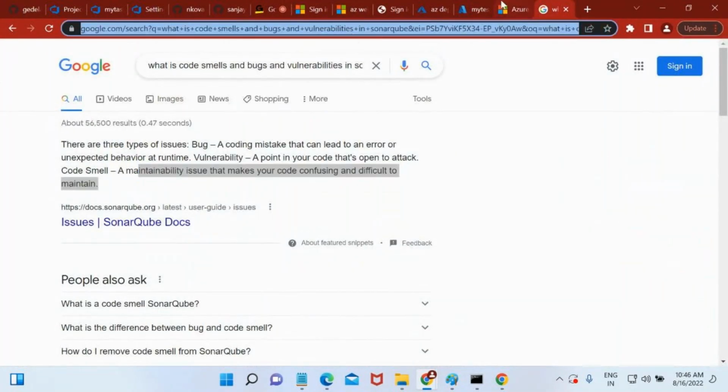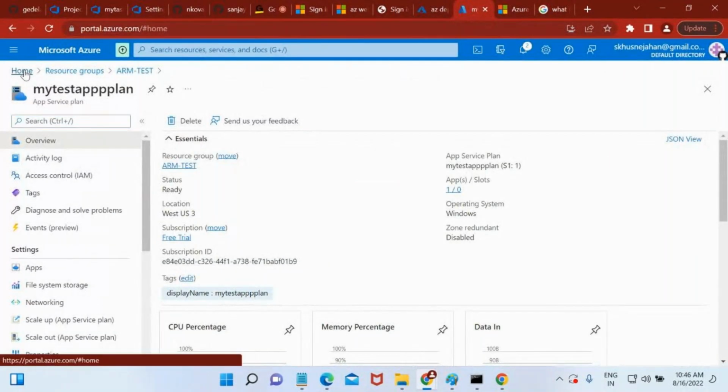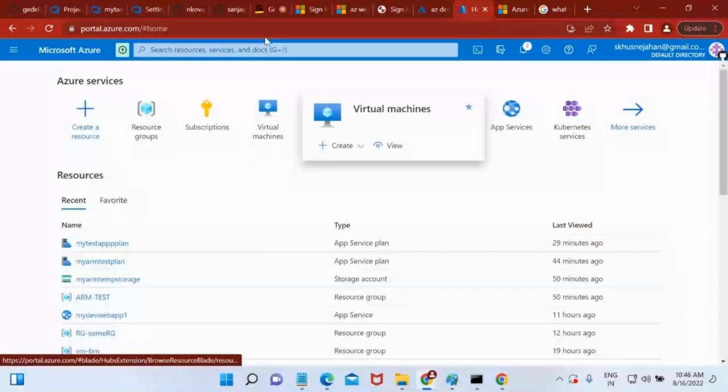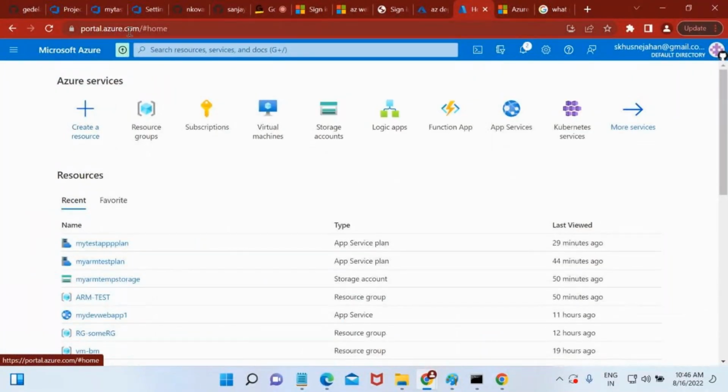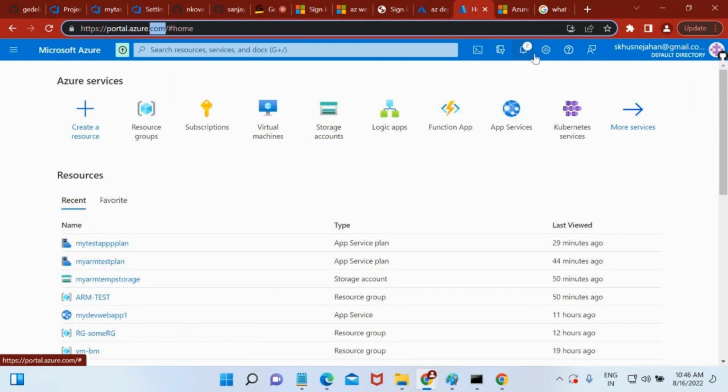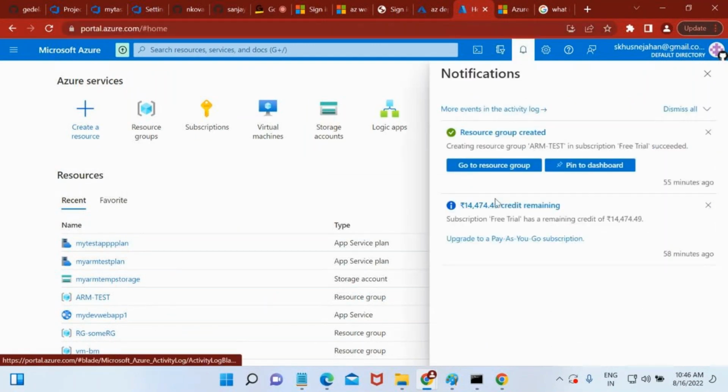I already have the Azure portal, and let me show you first and then I will log out. This is the Azure portal, portal.azure.com. Okay, and see this. Whenever you sign up, you will get 14,500 rupees, and this is valid for 28 days. Even if you create the resource and even if you utilize it or don't utilize it, after 28 days,